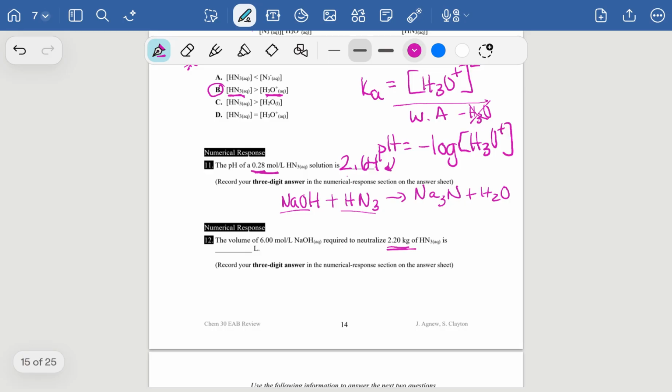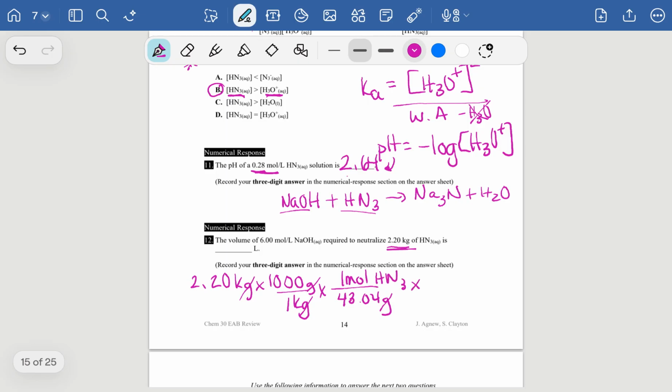So I have kilograms of our acid. I will need to turn that into grams by multiplying it by 1,000. And then I would have to use the molar mass of HNO3, which is 1 mole contains 43.04 grams. So far up to here, I can see my units canceling, and now I'm at the moles of